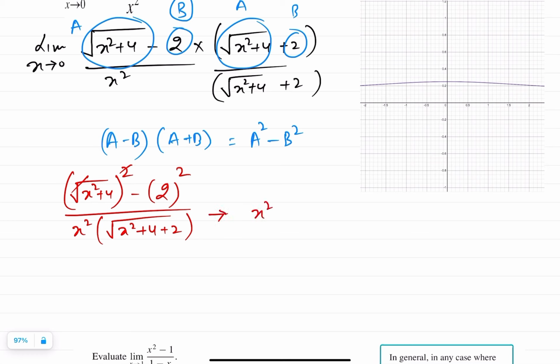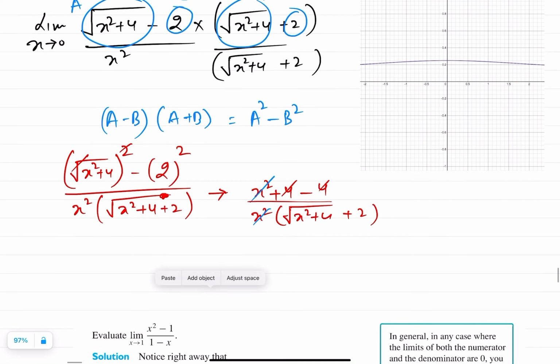That will be equal to x squared plus 4 minus, 2 squared is 4, and we have root x squared plus 4 plus 2. So we will cancel this. Okay, the top will be x squared, in the bottom we have x squared, we will cancel this too. So if I simplify it,